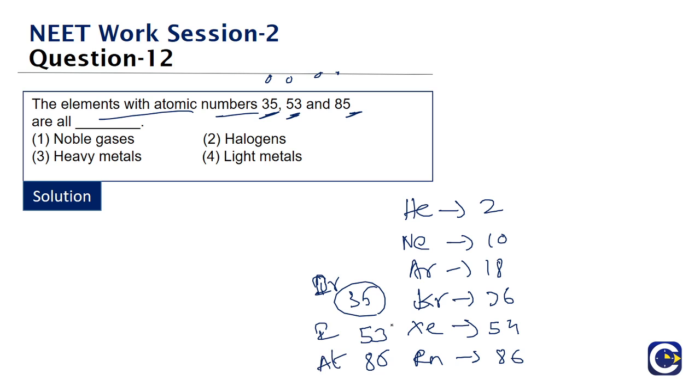So these are all what? These are all the elements that will belong to the halogen or the salt forming group. What is it? Starting from fluorine, then chlorine, then bromine, then iodine, then astatine. Okay, so what are these? These are all halogens. So if you remember the inert gas elements' atomic number, these kind of questions, at least finding the position of element in the table and all that, we can answer with relative ease. Okay, so what is the answer for this question? It is the halogens.